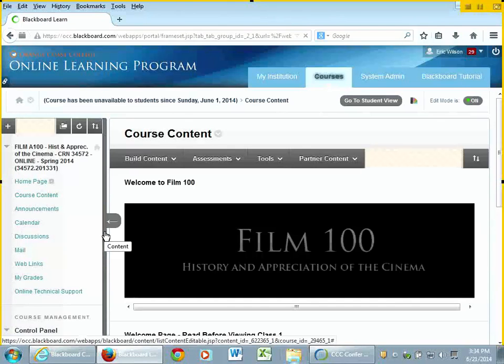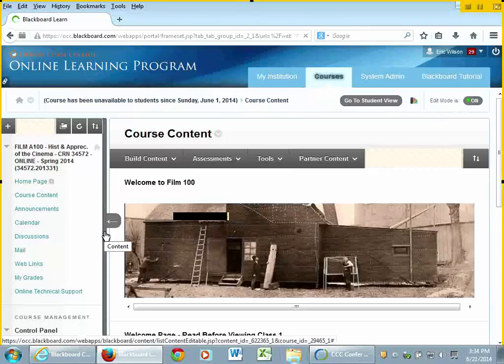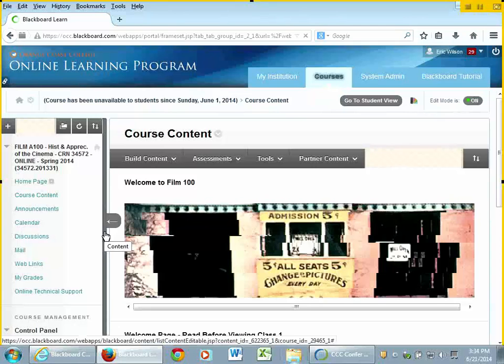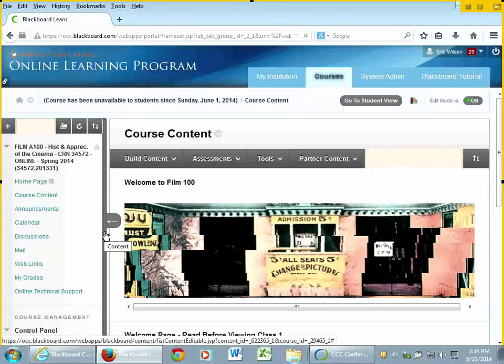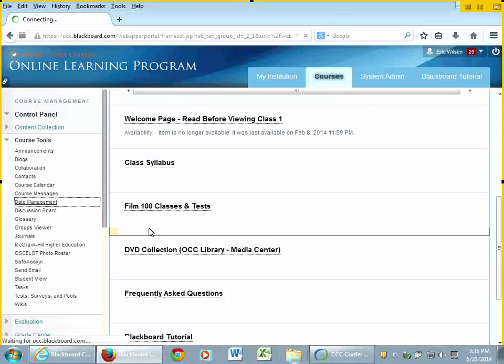So first of all, the date management tool, you all know how to do course copies, right? You go from one semester to another. Okay? Well, in that, how many of you have dates? You have due dates to your stuff. You got open dates. You got closed dates. You've got now adaptive release. Well, guess what? If you go down to course tools and you see date management,